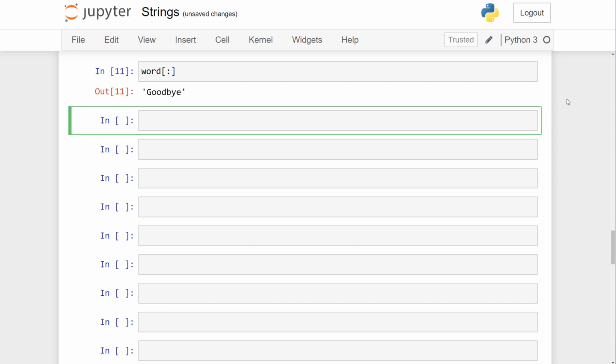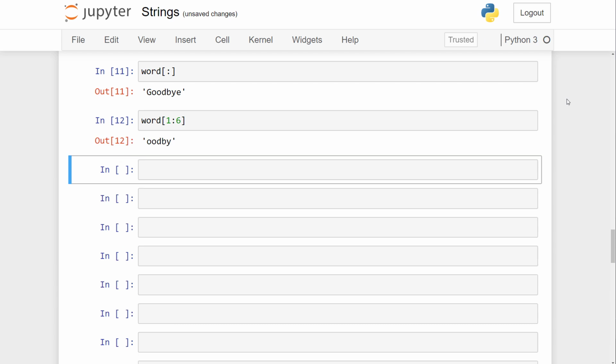If I start by putting word and then opening square brackets, and then passing in index 1, followed by a colon, and then index 6, which means we go up to but not including index 6, we bring back the letters OOD, B, Y. Now we can also pass in a third integer, which will enable us to skip specific elements in a string. So if I follow this 6 with another colon and then put the number 2, what